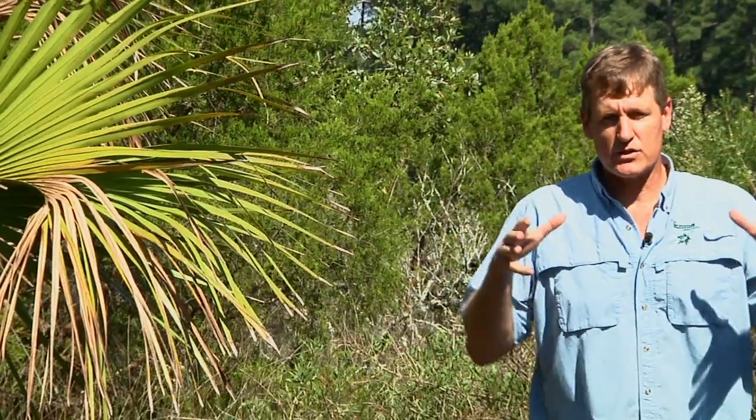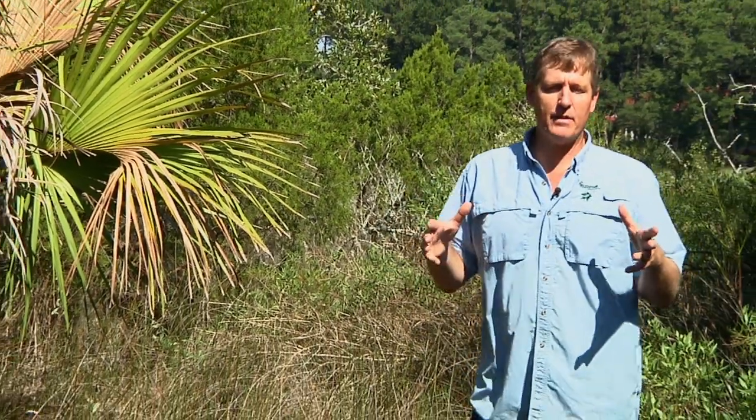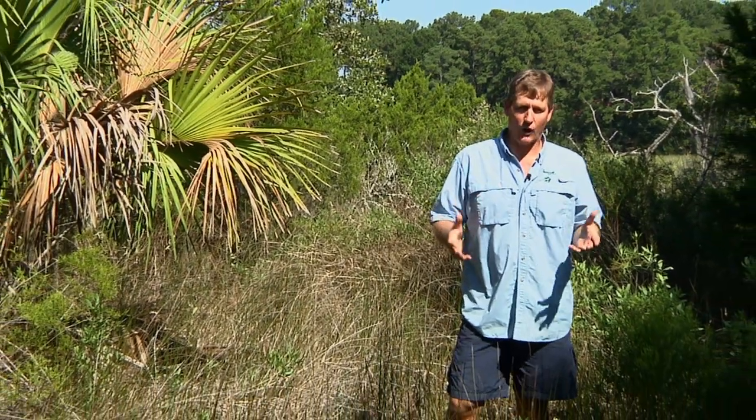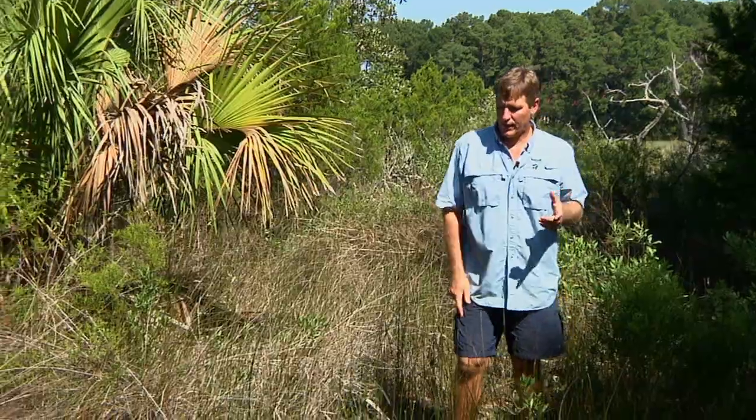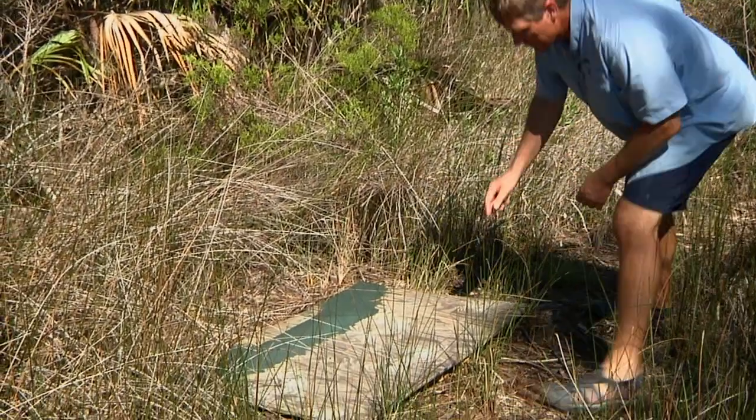Okay, this isn't actually the salt marsh. In fact, it's a hammock that's sort of right on the edge of the salt marsh. And one of the things about reptiles and amphibians is that they're really secretive. And so one of the things we do is flip boards and logs and things like that. And in fact, let's flip this board and see if there's anything up underneath it. You have to be a little...